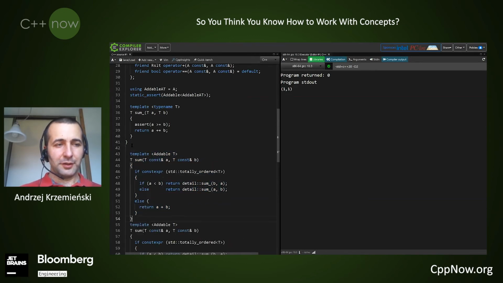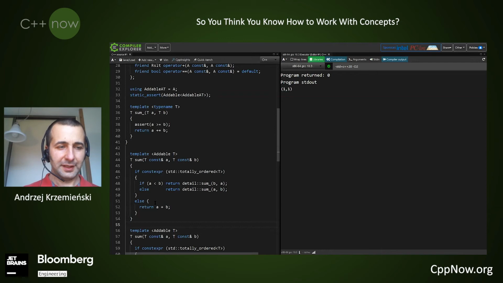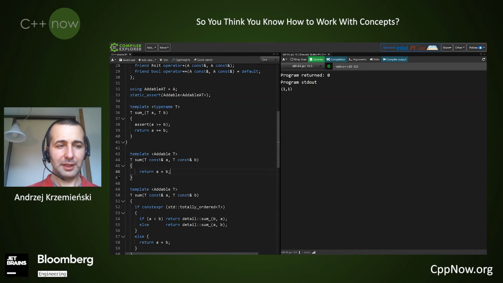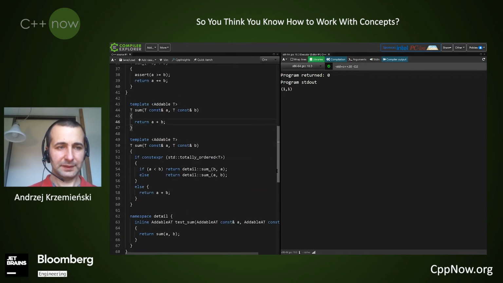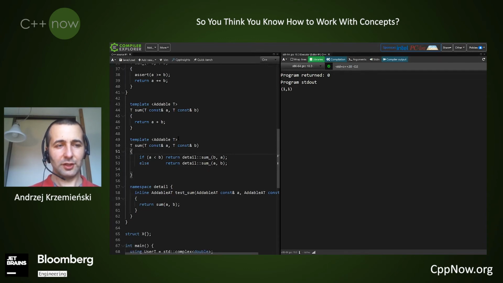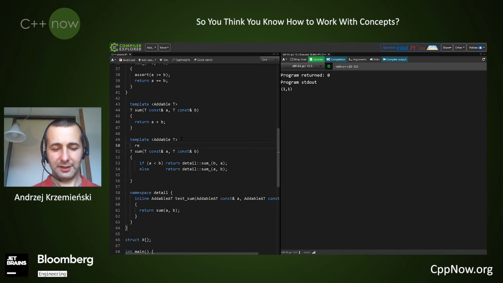And this is another feature offered by the concepts, that we can have two overloads that do not differ by the arguments or return type, but they differ by constraints. And the other one will have a more complicated implementation. And we will additionally say, we'll use the requires clause and say that we require total order. It should still work. It works. We cannot see it, but I just compiled it.